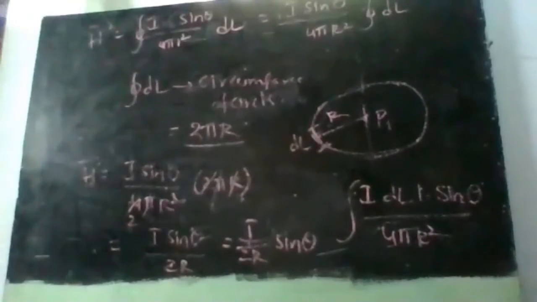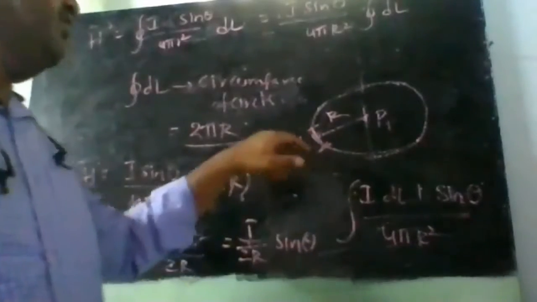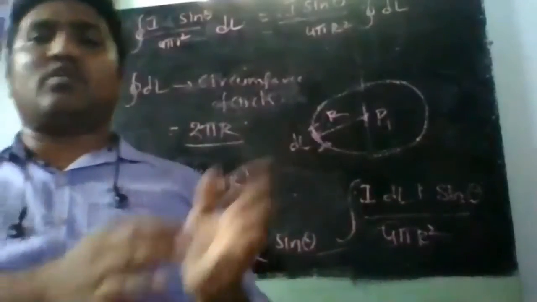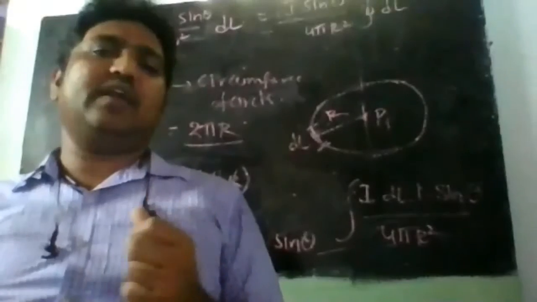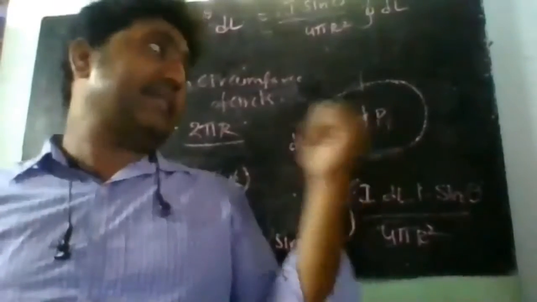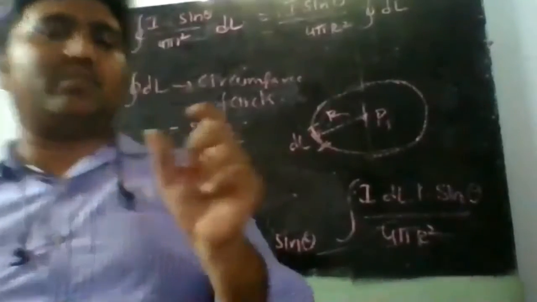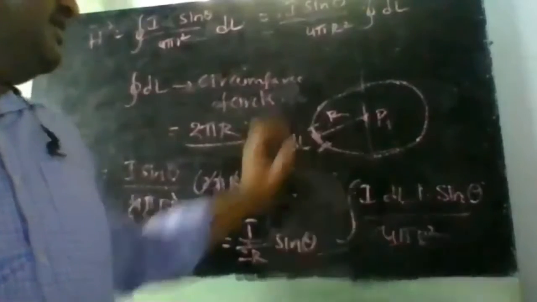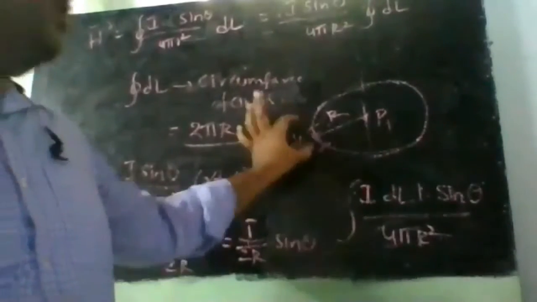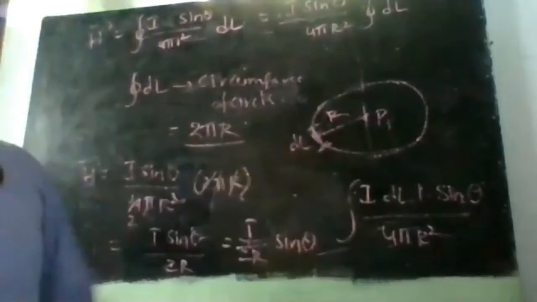So I'm repeating this again. It's a simple derivation. What we have done is, we have a circular ring, a ring which is of circle nature. For this ring, we need to calculate the h bar field intensity at the center of the ring. For calculating that, firstly we will assume a small portion of the conductor, let that portion be dl. Now this portion is dl.